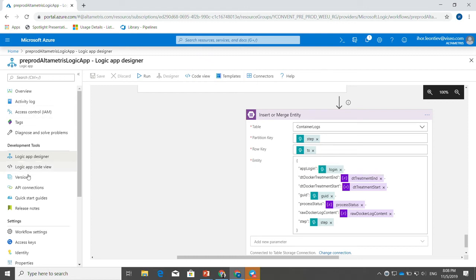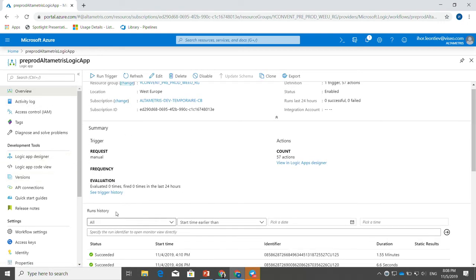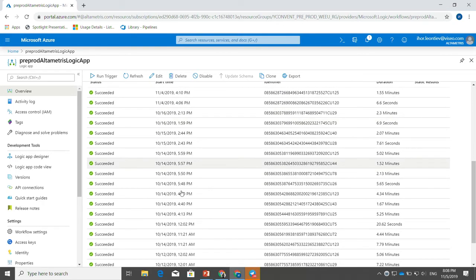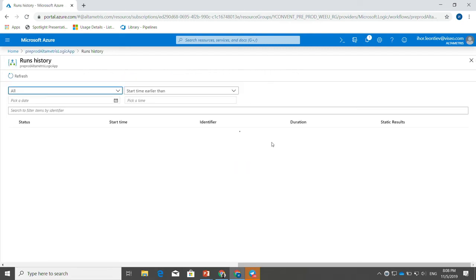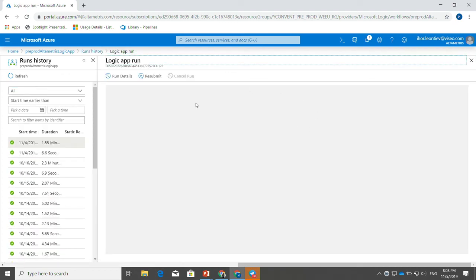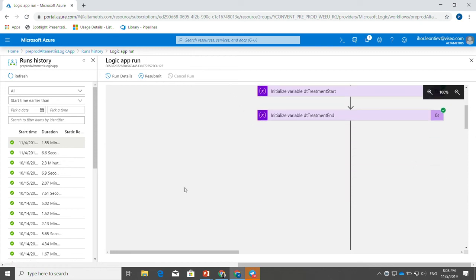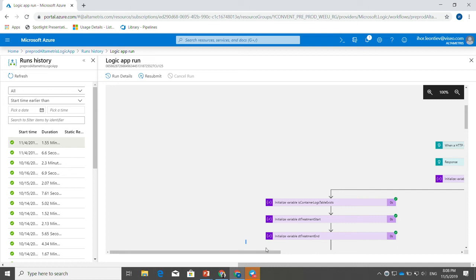For example, I will show you here in the overview. I have all of the run history, and you can see how it works. For example, just yesterday there were a few treatments. One treatment took about 2 minutes to prepare. I suppose it was a photo, but we can go into the details and see what's happening, and how long it took.